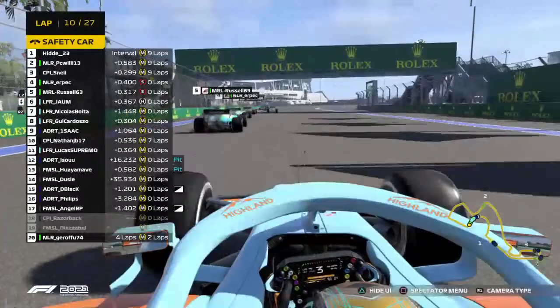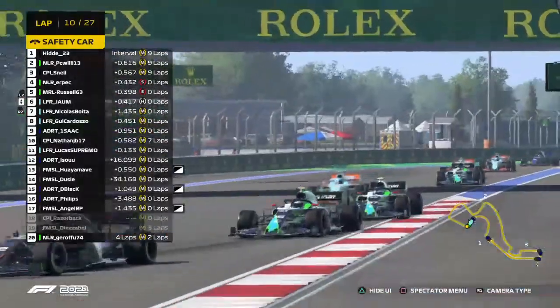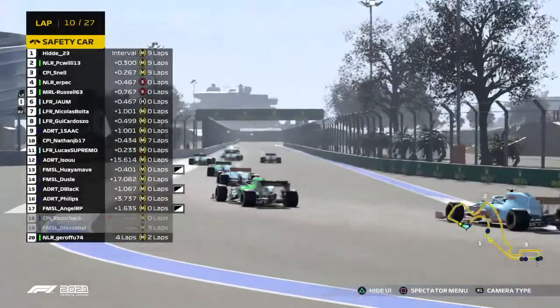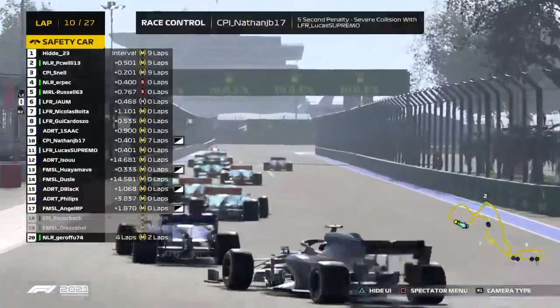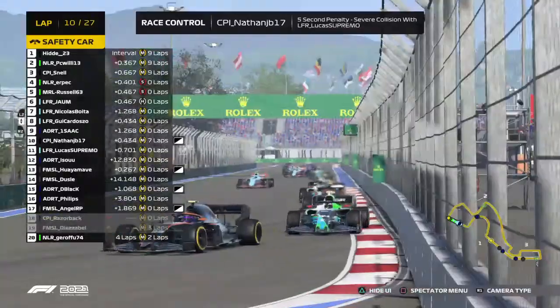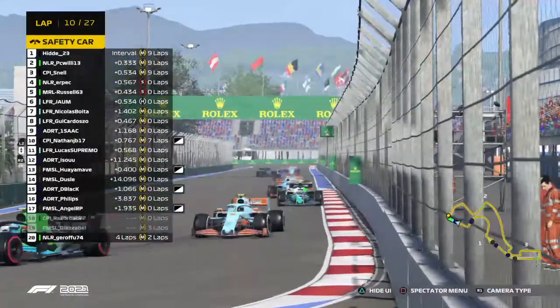Because when I put on the hards around this track, I'm not too good. And to be honest, I'm not the best of a driver. But when I put on the hards, they aren't that great in terms of tire grip. The grip on the tires is just not as good. Nathan just got a 5-second time penalty for collision